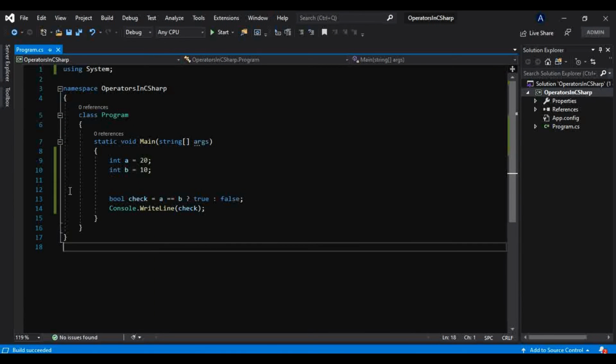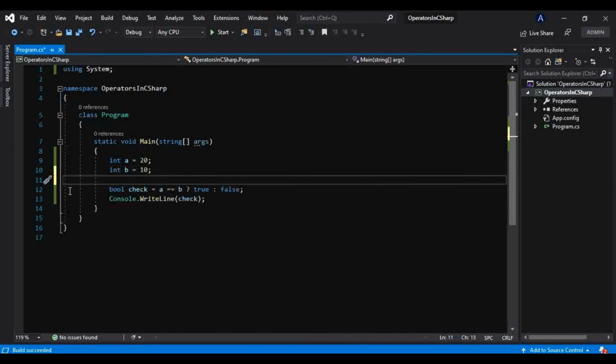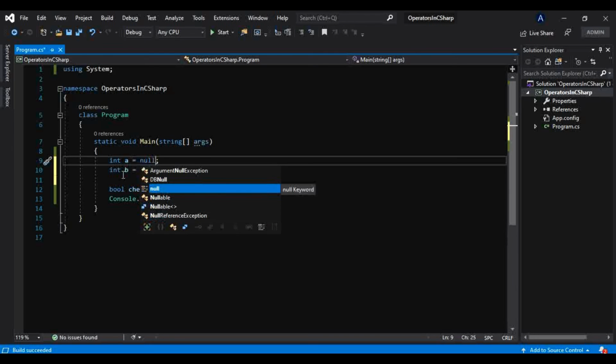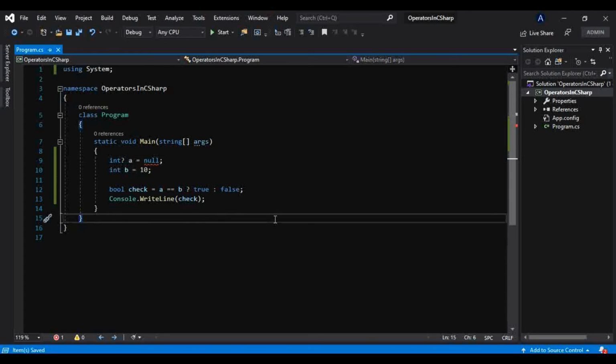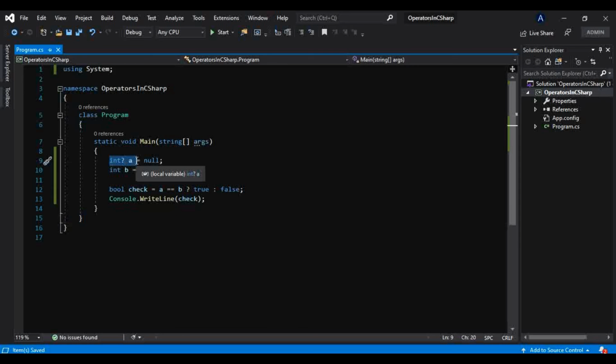When we learned types in C#, at that time I showed you what is a nullable type. If you recollect, if we want to store null to a value type, it will give us an error. But how can we do that? By making that type nullable, like this. If you are not aware about nullable types, then please check that video to understand this better, because I will not be repeating that here, it is a bigger concept. So now we know if we want to put null into a value type, then we have to make it nullable.